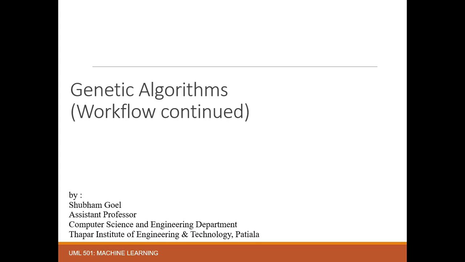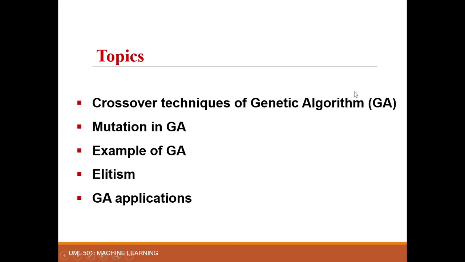Okay, let's start. These are some of the topics that we have to discuss today. First of all, we will understand and discuss the concept of crossover and mutation in genetic algorithms. These are the very important concepts of genetic algorithms. Then, a detailed example is discussed to explain the step-by-step working of genetic algorithm. After that, some of the prominent application areas of genetic algorithms are explained in detail.